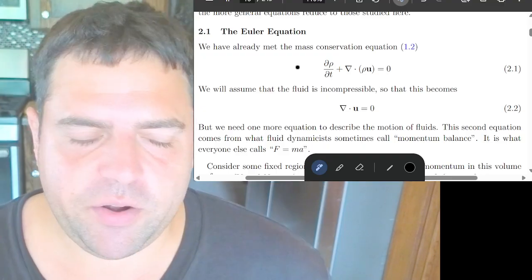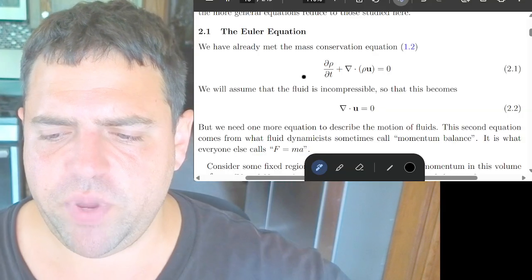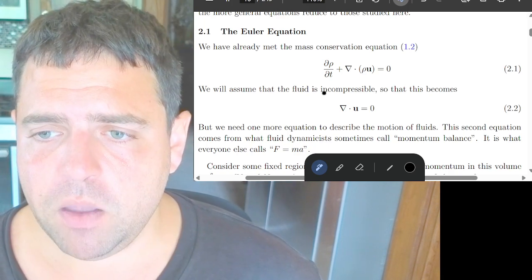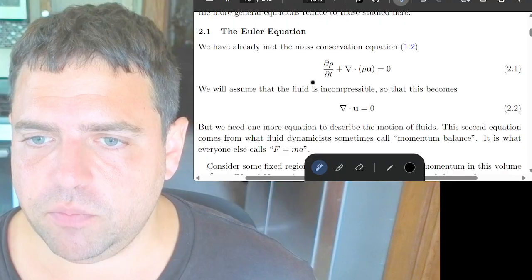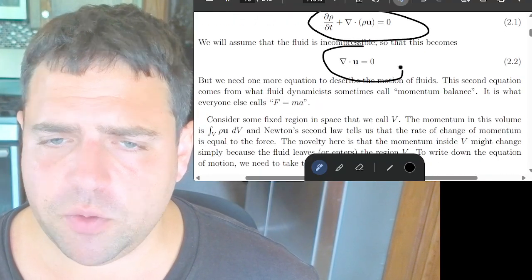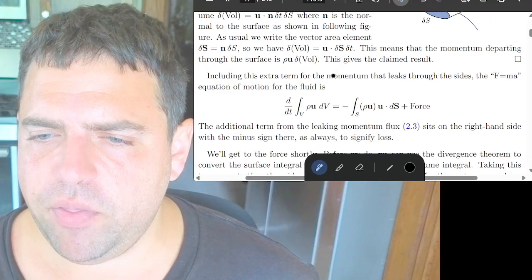We have to maybe say, okay, yeah, there is viscosity in real life, so maybe we'll make a simpler version of viscosity and see if we get in our theories this real phenomenon that we see in real water. But we're going to start simpler and assume there's no viscosity at all. And we're going to assume mass conservation, and we're going to assume incompressibility. And out of that, we're going to get this thing,